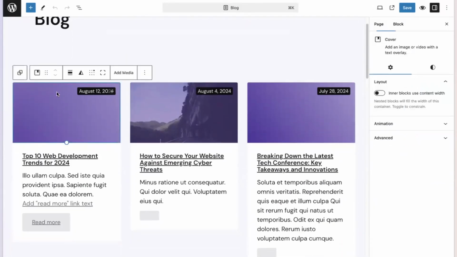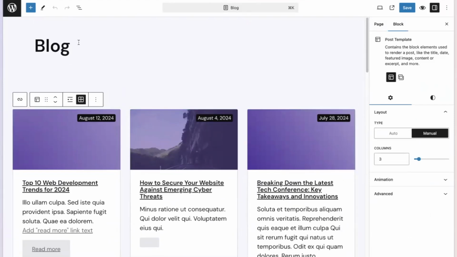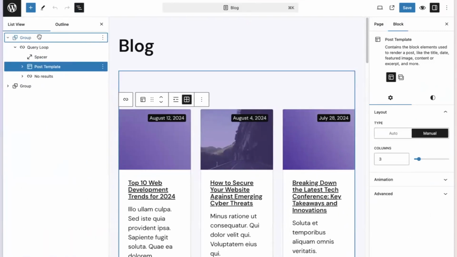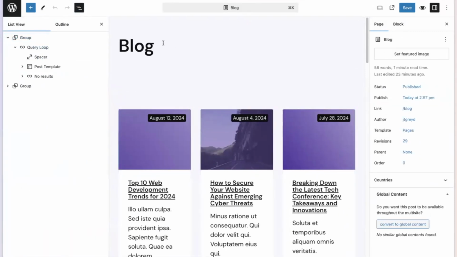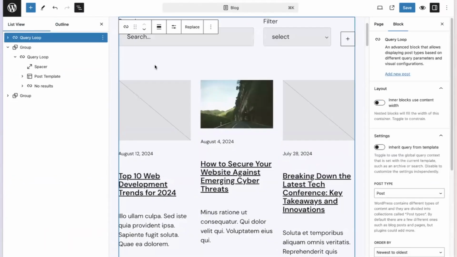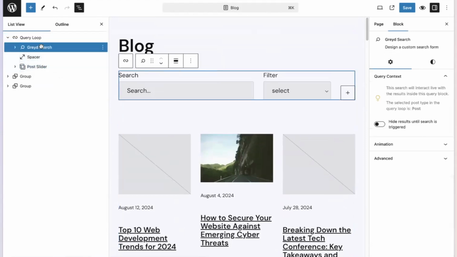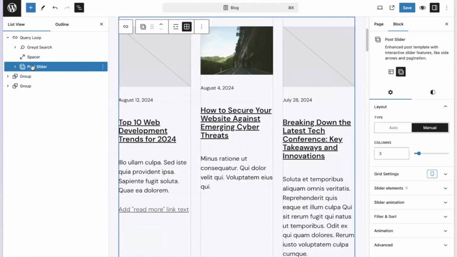I didn't really include anything fancy. I have one of the main patterns from our theme in here, where you can see the latest posts displayed. So what I want to do now, the easiest way to get the live search capabilities inside your page, is just type / and then live search. And this gives you all the new features in just a basic wrapper. So it includes a query loop. And inside this query loop, you can find the grid search block, which we're going to talk a lot about today, and the post slider block.